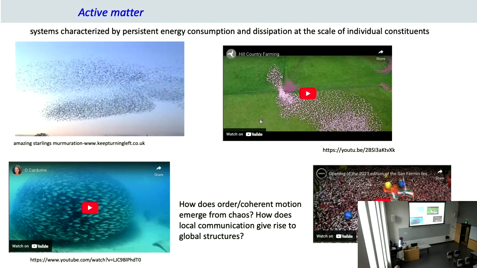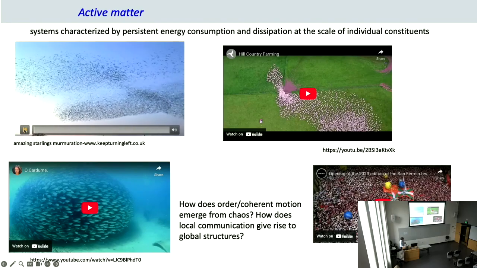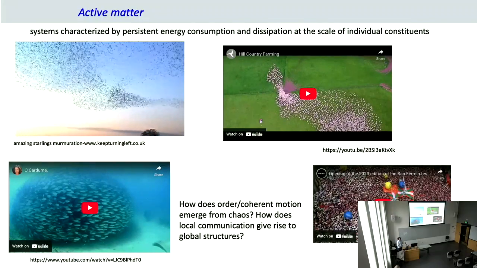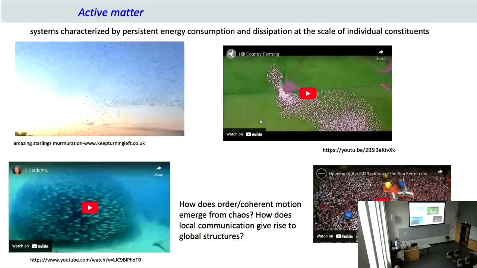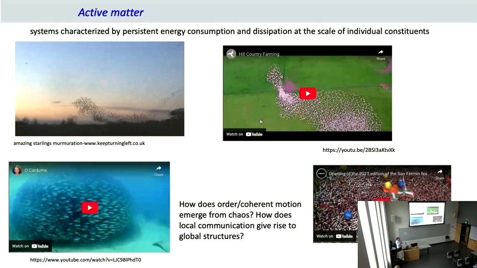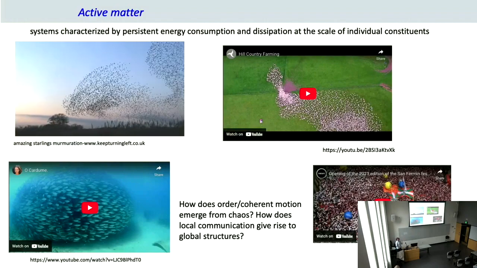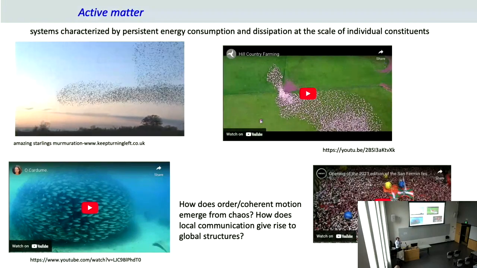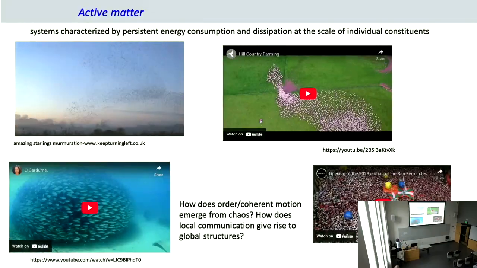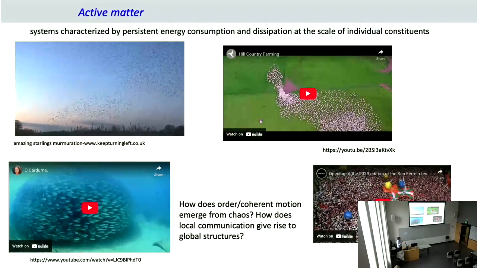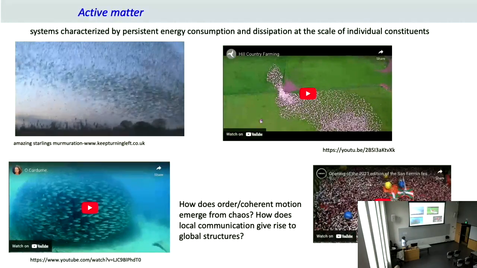So in the case of the starlings, these are the little birds, what you see here is the birds flying together, forming a very large-scale coherent motion. They don't bump into each other, and the flow is beautiful and self-organized, but it's not globally driven. It arises from the local interactions between the birds. One bird doesn't know where the bird on the other end of the flock is, and yet somehow they manage to move together in a very coordinated fashion.